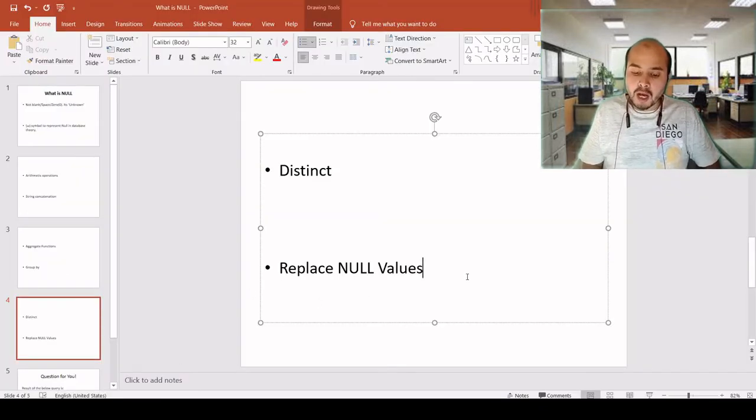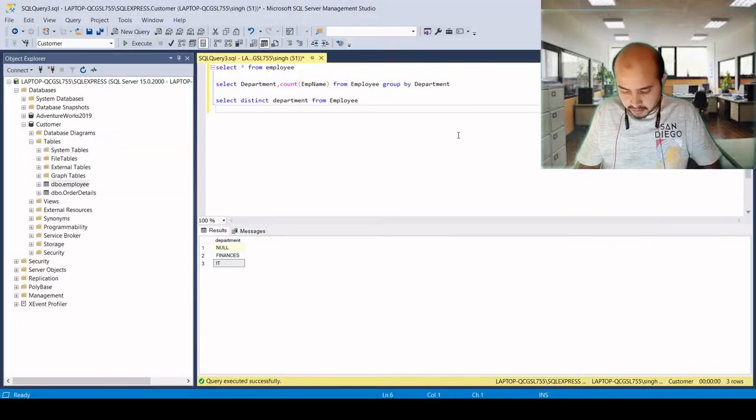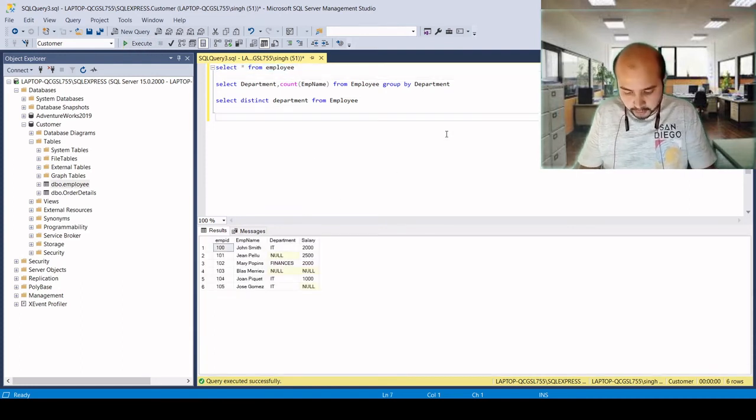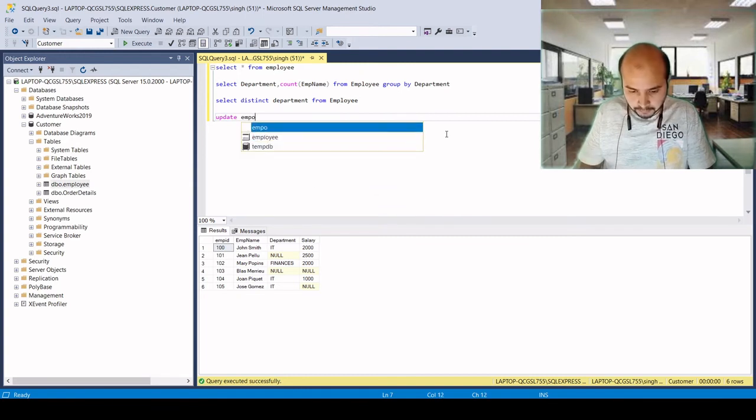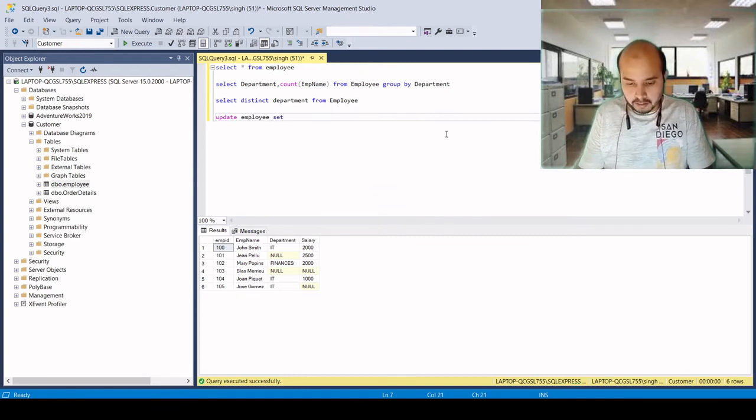And next is replace. How can we replace the null value? Let's select the employee table again and check. If we want to update the department, we want to update the employee table, set department equal to, with what?